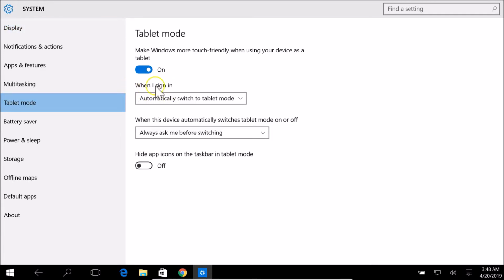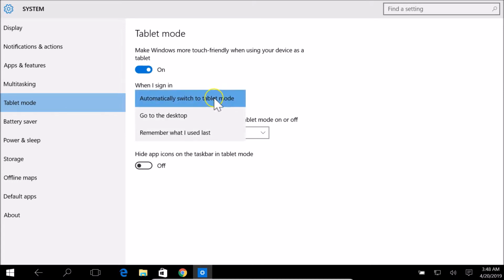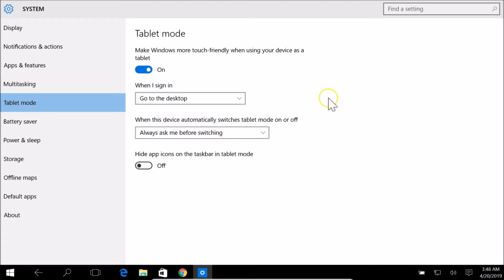and here you can see guys, we have this option when I sign in. Okay, so currently we have this selected, automatically switch to tablet mode. So just click on this box over here, and here we have these options like go to desktop or remember what I used last. So just select this, go to desktop,